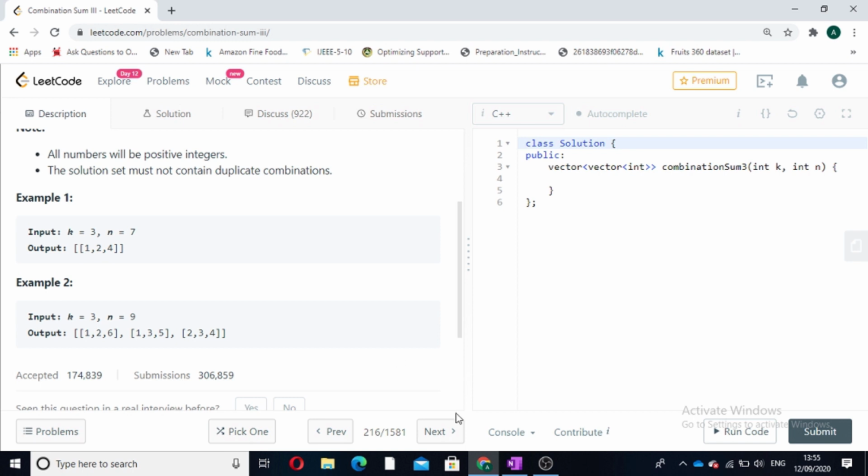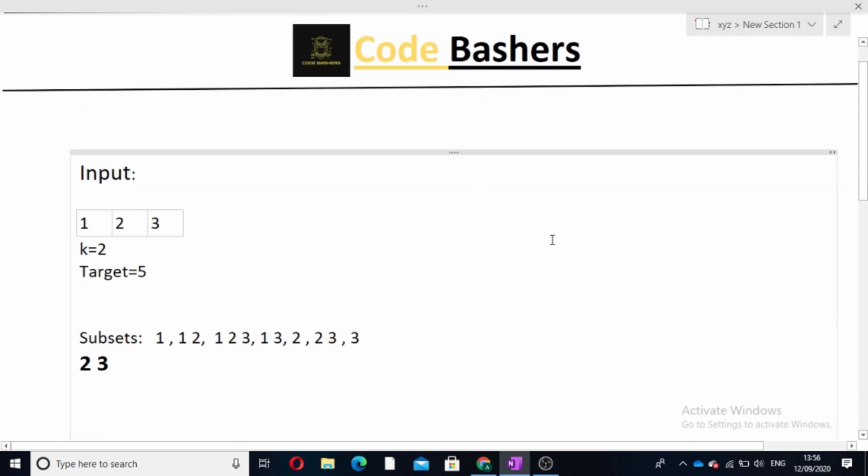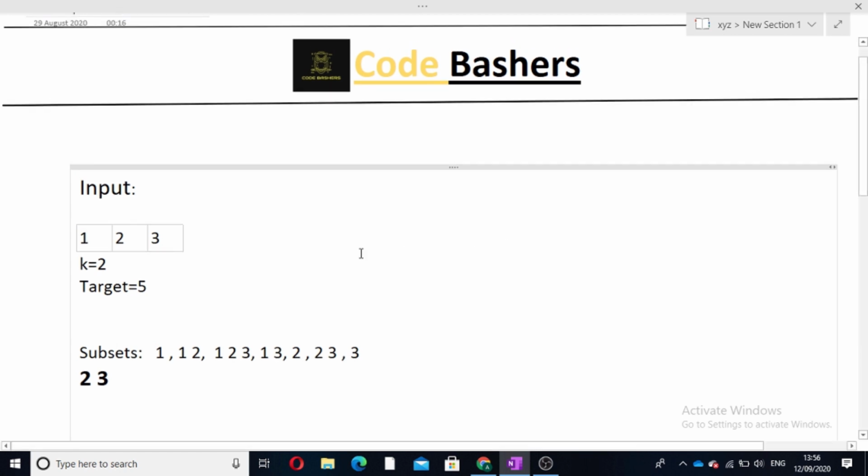So now let's look at the approach. Guys, this question is similar to finding the subsets of an array, with some given conditions. Now suppose we are given the numbers 1 to 3. I am not taking 1 to 9 for simplicity purposes. Suppose we are given the numbers 1 to 3 and we have to find the two-element combination to generate